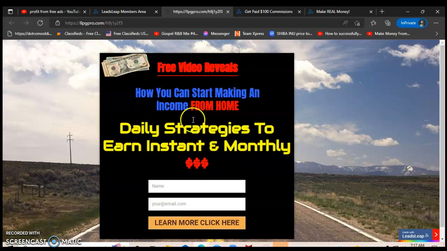You'll be able to put your own wordings in there, whatever you are advertising, whatever business that you want to promote. You can specify in your capture page what you want them to see. You want to arouse their curiosity on what you are doing. Don't just open up and tell them what you're doing. Just let them know that this is a business opportunity that